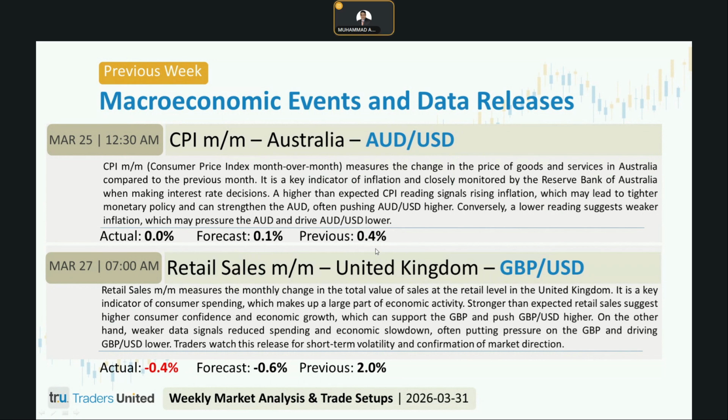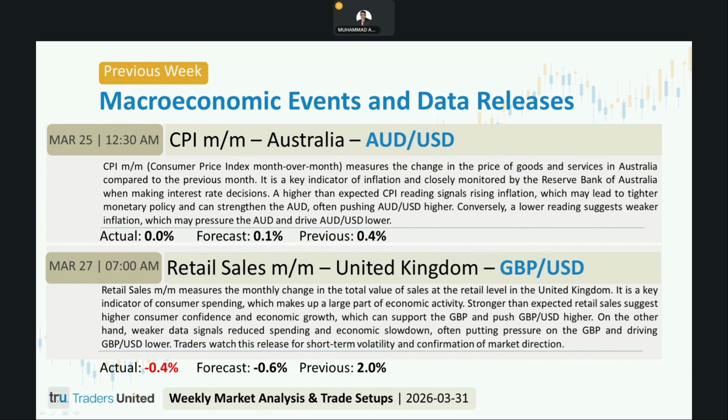The weaker inflation result increased pressure on the Australian dollar and pushed the AUD/USD lower after the news announcement. The final key takeaway is the previous number was 0.4%. Actual number we got is 0.0%, and the forecast was 0.1%. So lower than the expected inflation weakened the AUD and caused the AUD/USD currency pair to move down after the